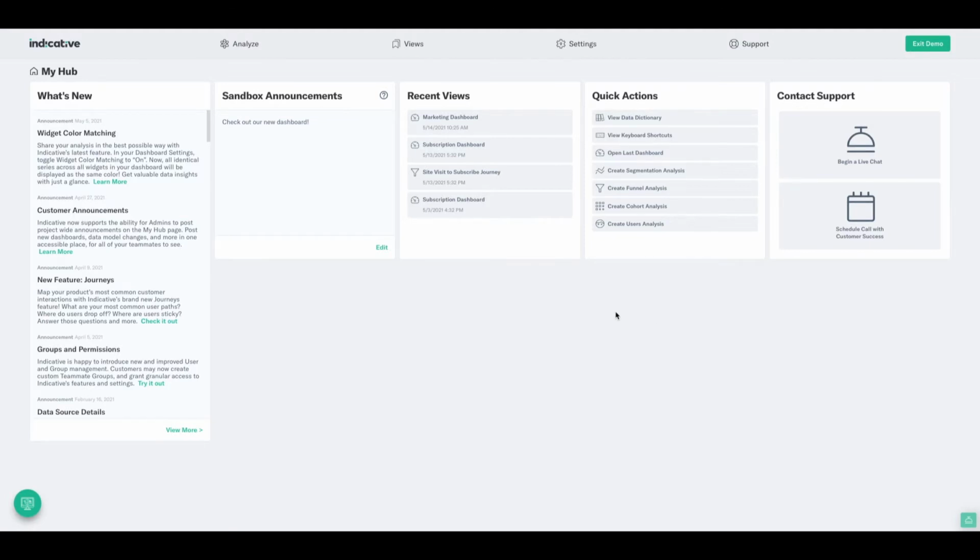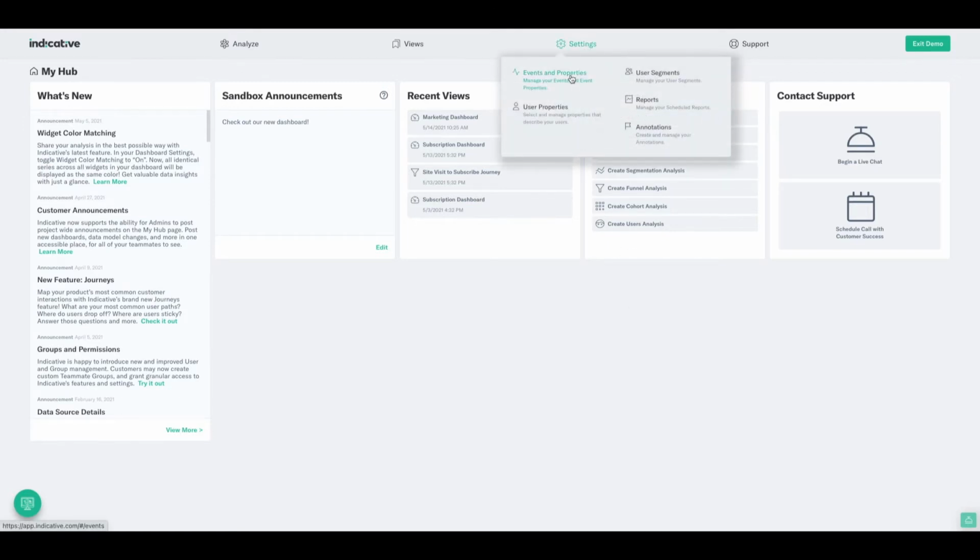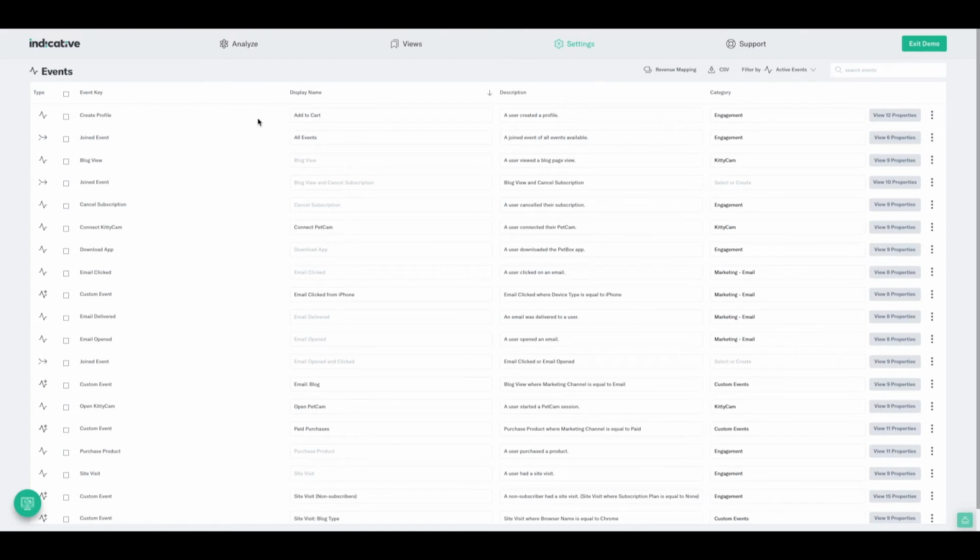To begin, we'll start by accessing the Settings tab from the top and selecting Events and Properties from the drop-down menu. Now for this example, let's say I want to make an event that represents all of the email activity that I'm collecting. So to begin, I will first start by selecting the checkbox next to each email-related event that